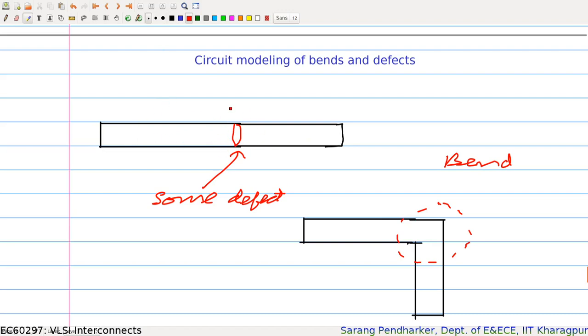So if this was a straight interconnect, you could have modeled this by a transmission line and then the ABCD. So for this you could get an RLC, and for the sake of generality, I am also writing G, right? And then for this segment also you will have some other RLCG. Now the issue is that once you have this RLC, you have circuit level representation, but how do we get some circuit level representation of this defect?